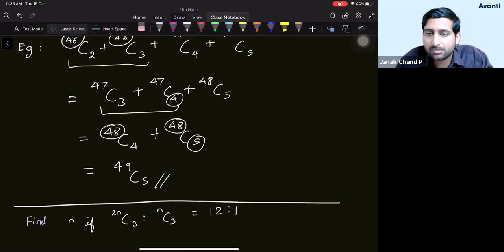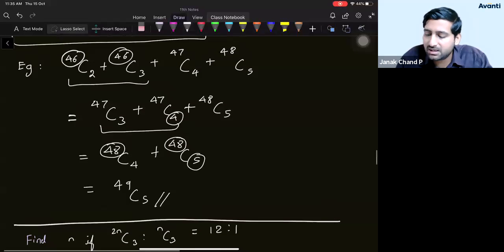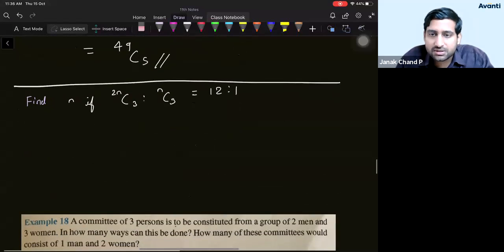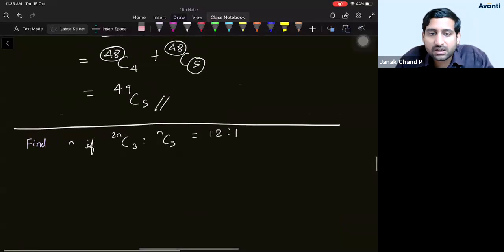Fine, students. We will see more examples of this in the JEE class. For board examination, this simple application, how to use this and when to use this, if you know that, that is more than enough. This formula is used only when these upper numbers are the same and the difference in the lower is 1. The answer is that the upper gets increased by 1, and out of these two, whichever is bigger will come here. So this is all about the formula of combination.